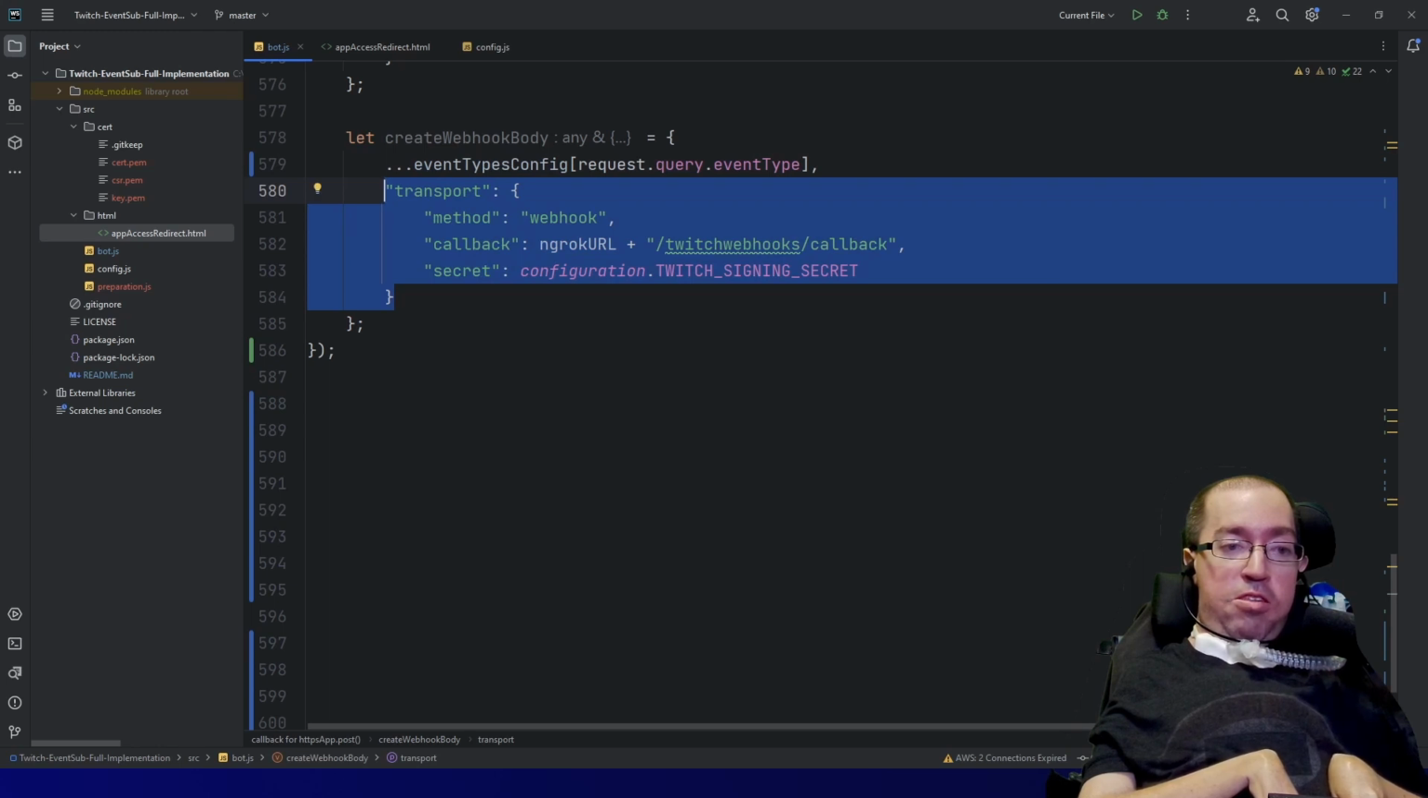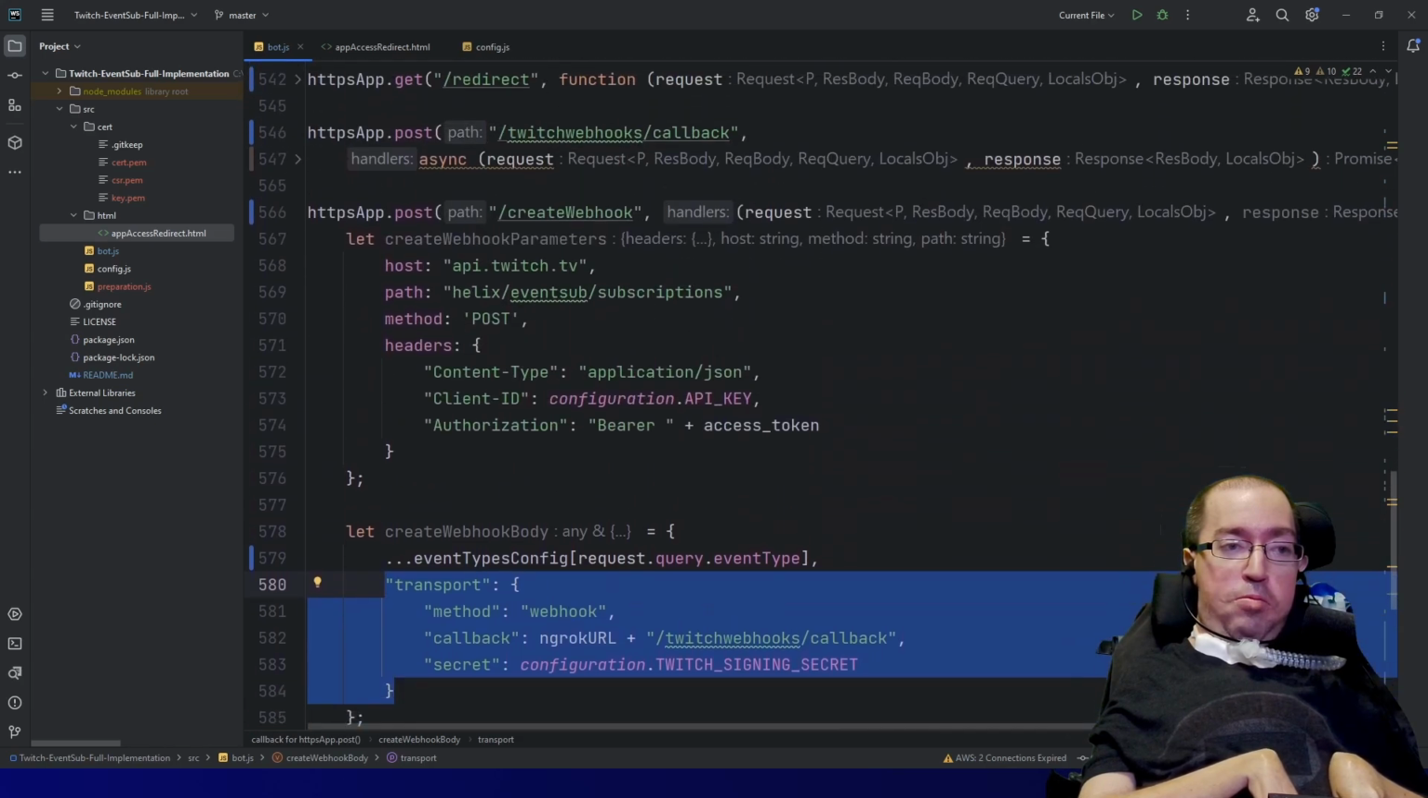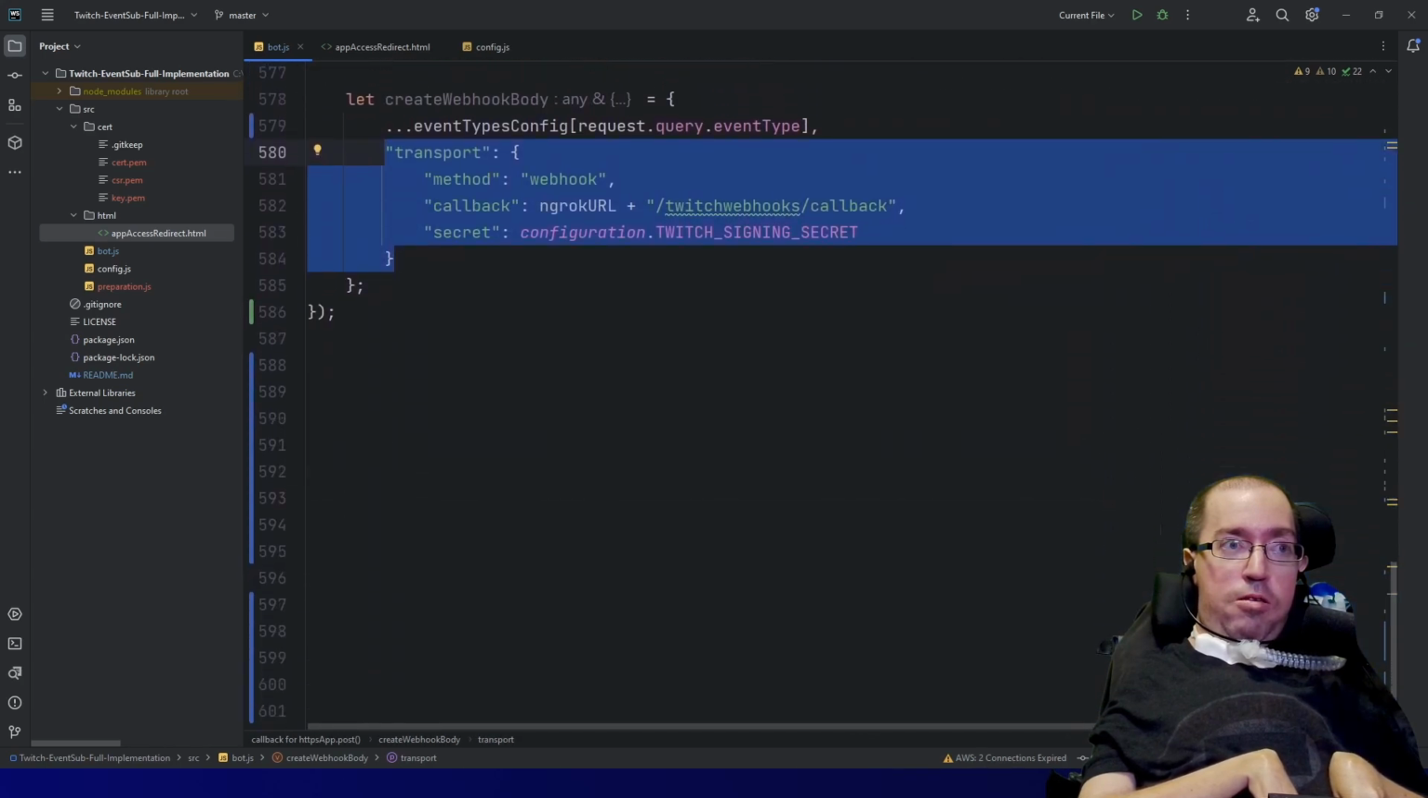This is necessary because it tells Twitch where to send the events back to us, which is the indie rock URL, the Twitch webhook callback, which we just created up here. So now that we've got that,